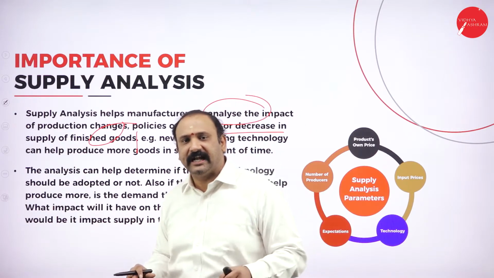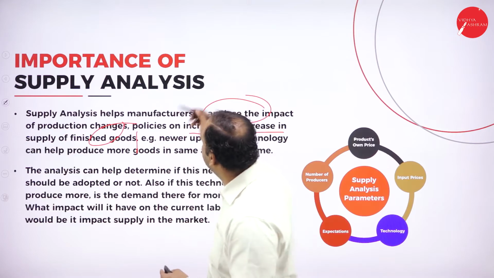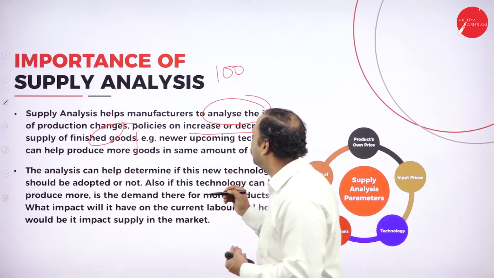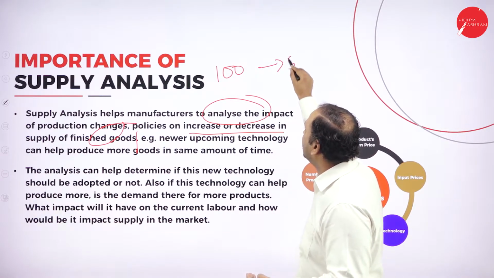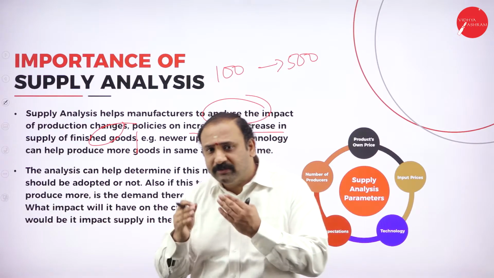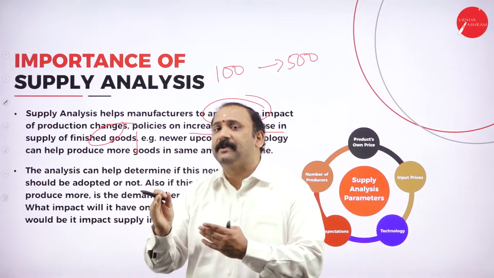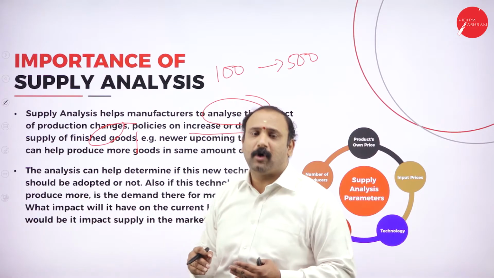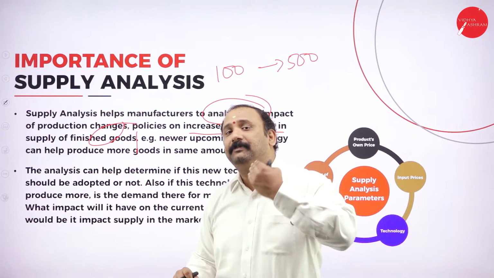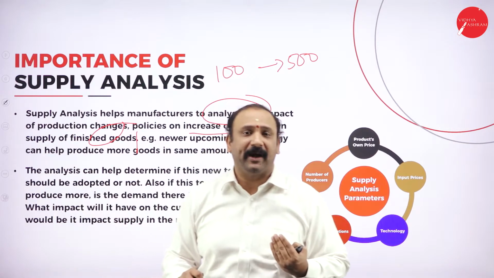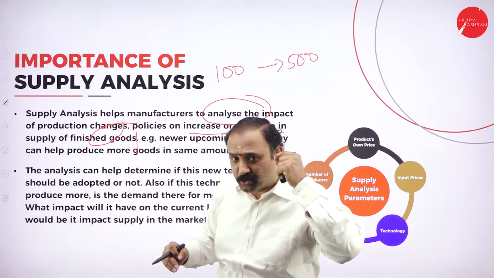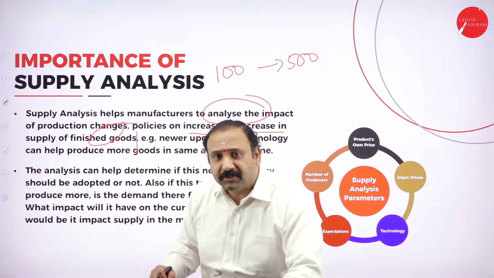Why? Because earlier, if they were manufacturing, for example, about 100 cylinders a day, now they would have ramped up their production to almost 500 cylinders a day or even 1000 cylinders a day. The reason is that now they see that the shift in supply is increasing. The more and more people want it, automatically they will try to ramp up production to the level needed to meet the demand. That's why supply analysis helps the manufacturer understand the need of the hour.